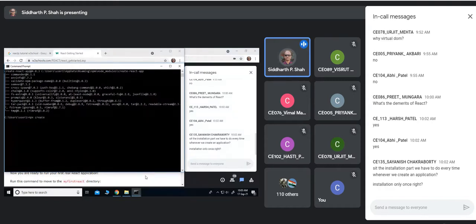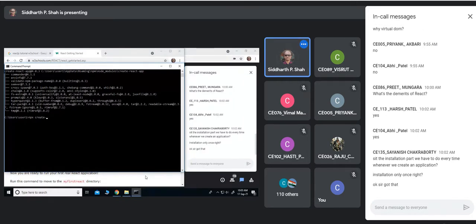So let's say create. Definitely installation is always only once. See, that fundamental is not going to change, Shanice. Whichever framework, library, whichever software you work with, the fundamental remains the same: in software you need to install only once. And we have done it globally, so it is available everywhere, not only for that particular project.